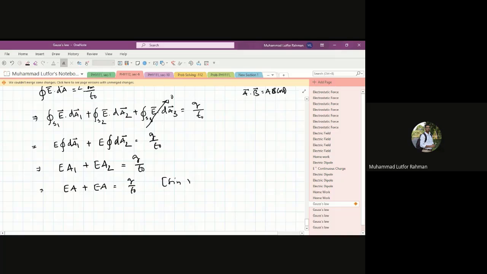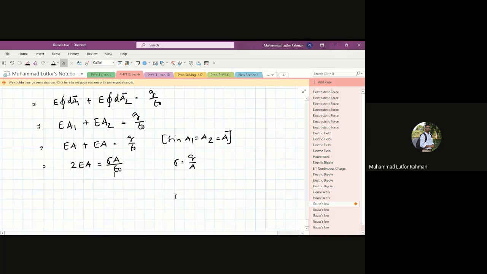since A1 equals A2 equals the A we consider. Then we will find 2 into EA equals Q. Because we defined surface charge density as charge per unit area, Q would be sigma into A, divided by epsilon naught. Right? Now this A will be cancelled out. Then we'll find that twice E is basically sigma by epsilon naught, and E would be basically sigma divided